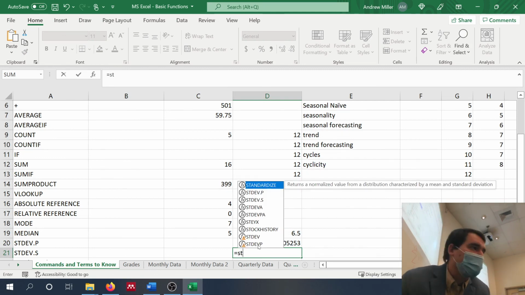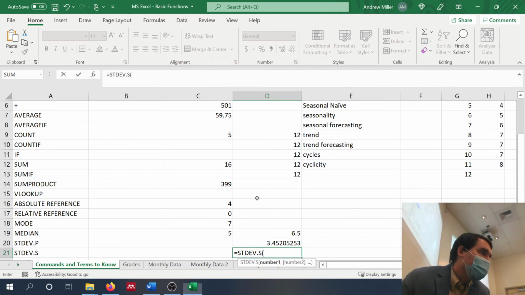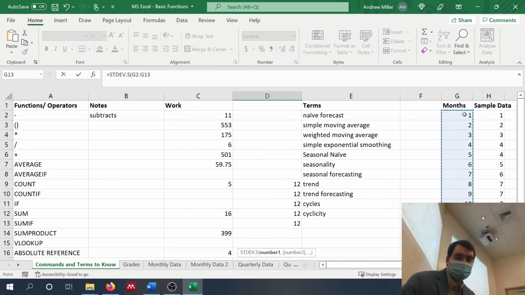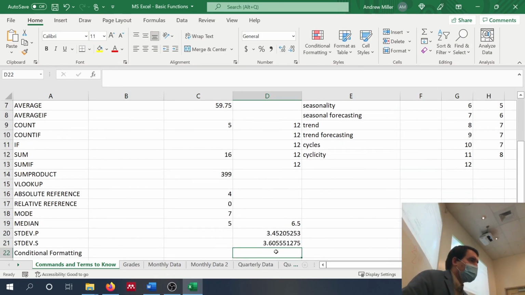You can also use standard deviation for a sample. Same exact way. Okay? So when you do that, you get a larger number. Because what it's doing is it's taking 1 degree of freedom that it's subtracting. So it makes it slightly larger. You don't have to worry about the specifics of the calculation or anything like that. Just understand either one of those I would accept for standard deviation. Okay?